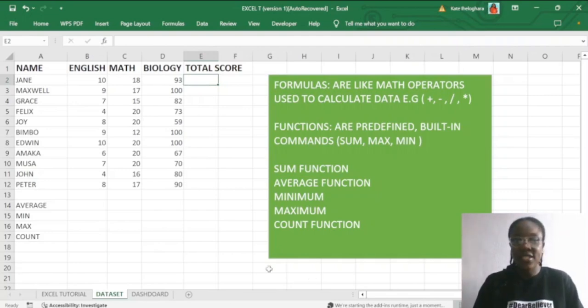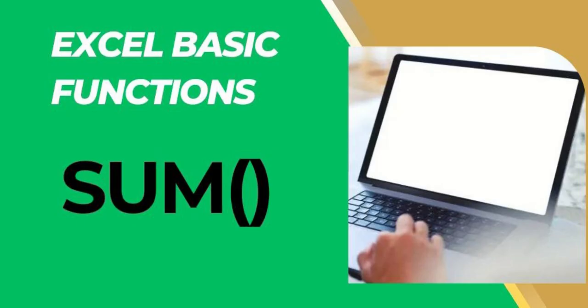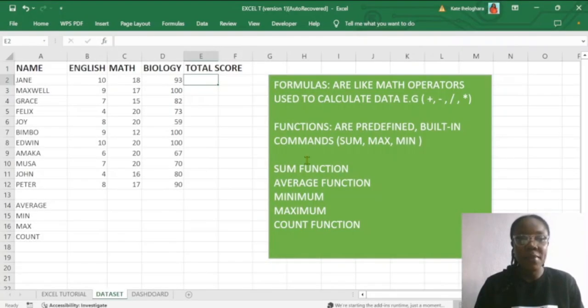Now, in this video, we are going to cover the sum function, the average, minimum, maximum, and count functions. So the data we are going to be using for this tutorial is a class grade score sheet. So we are going to be using it for illustration. First up is the sum function. The sum function is used to add up a range of numbers,